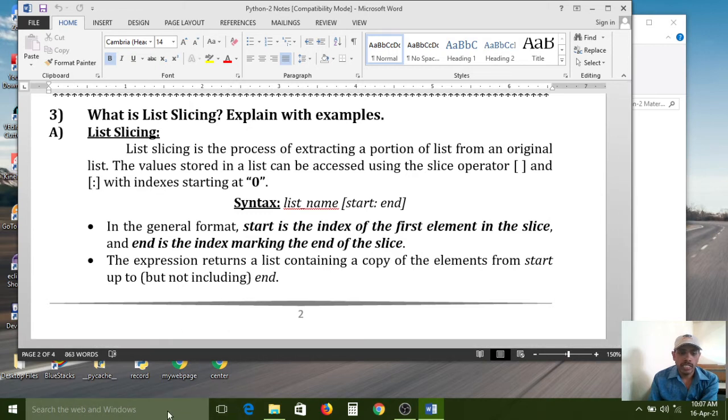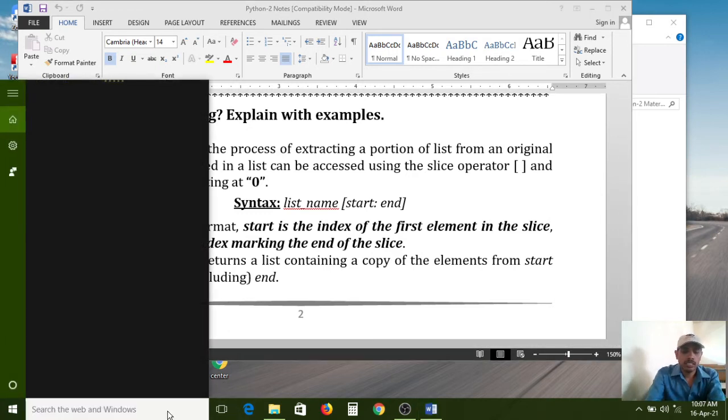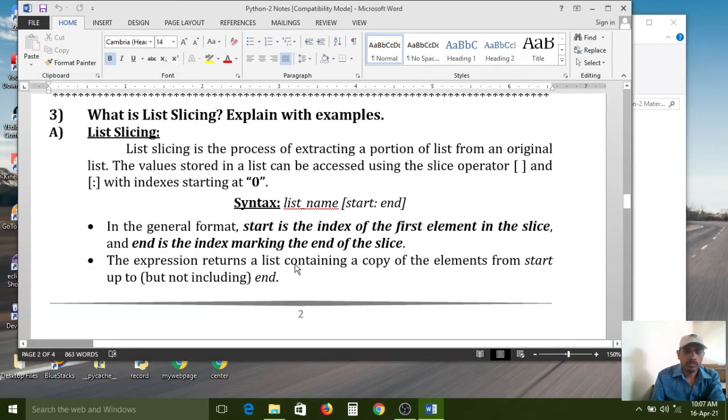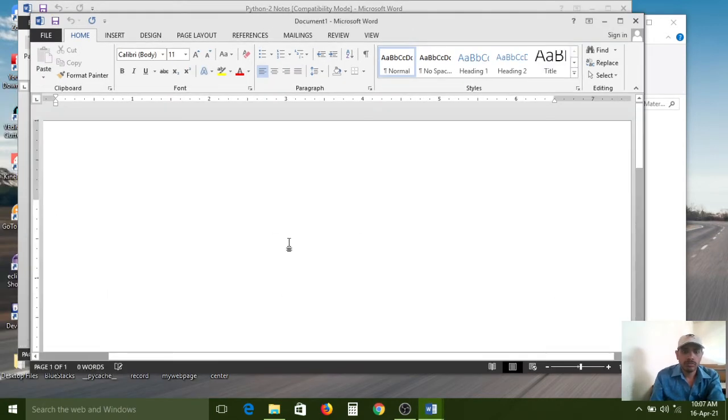For example, if you want to create a list, now I am creating a fruits list.